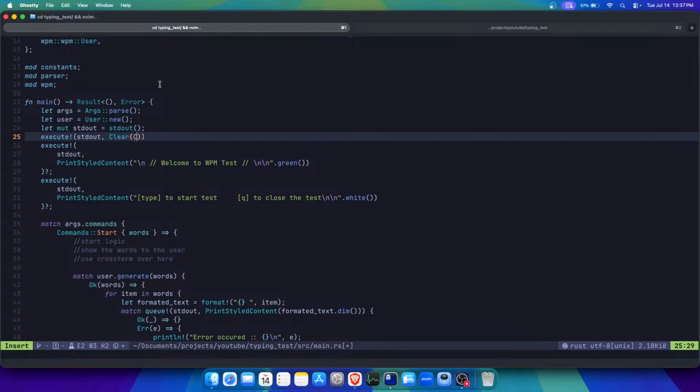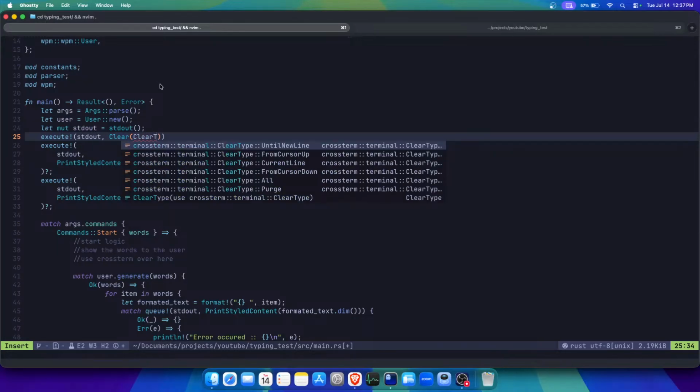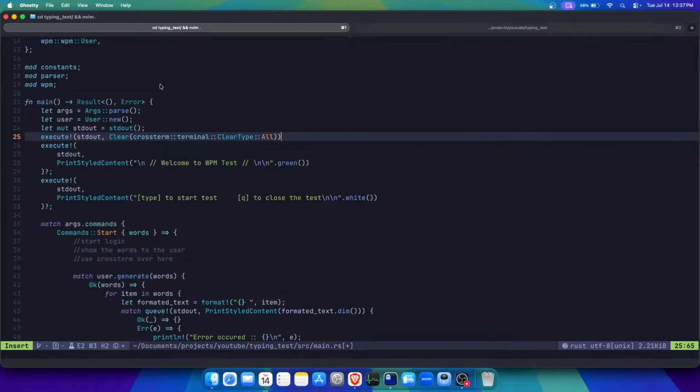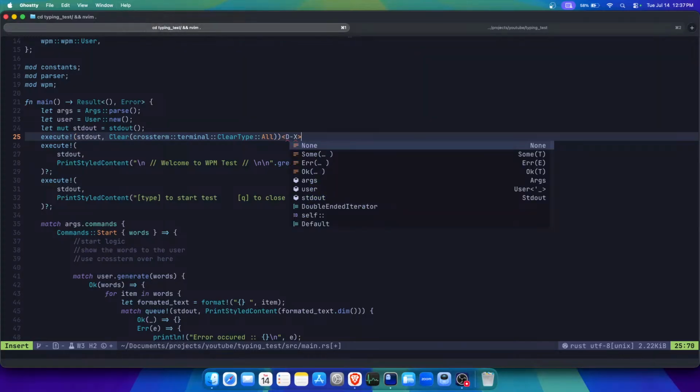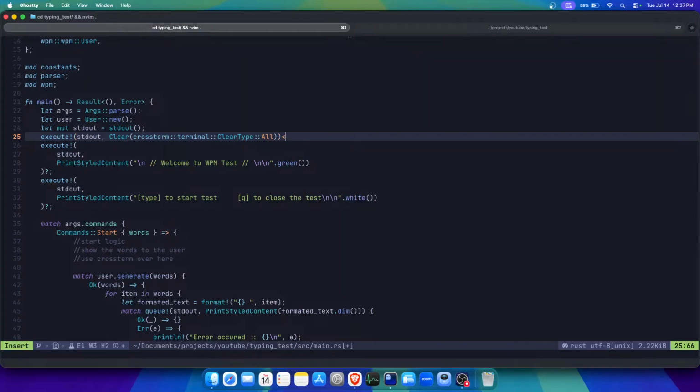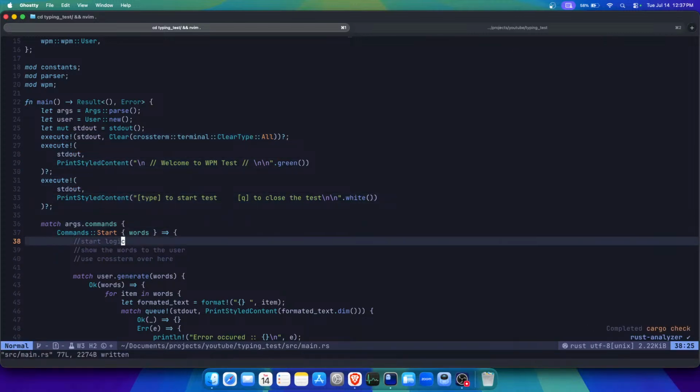We don't have to use this clear type, so we can do in this clear type all,